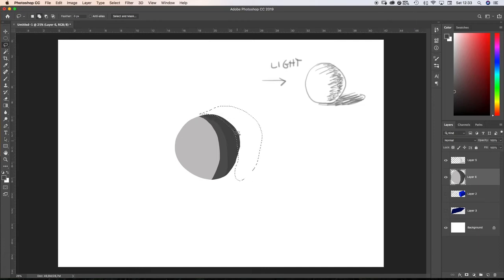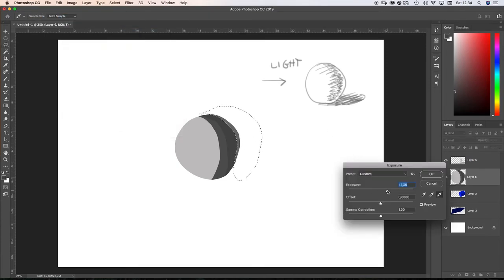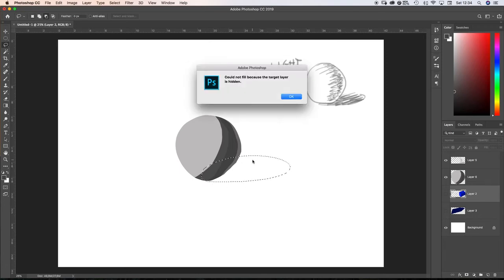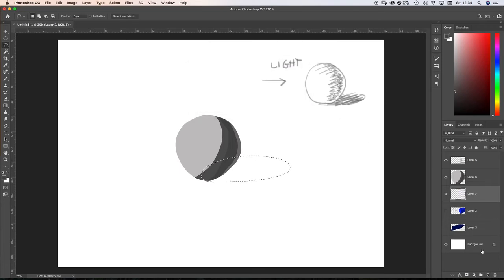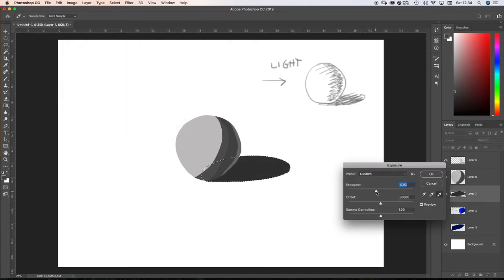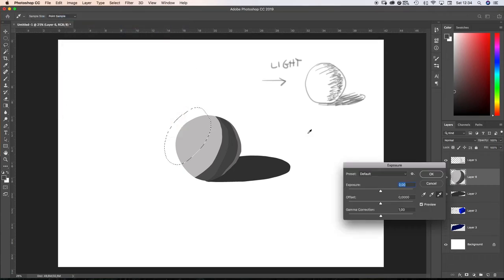the reflected light, and the cast shadow. The highlight,